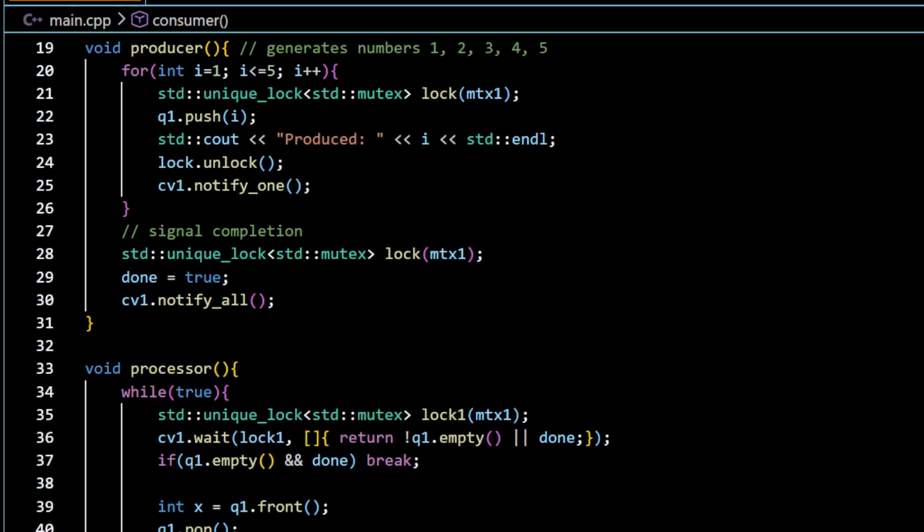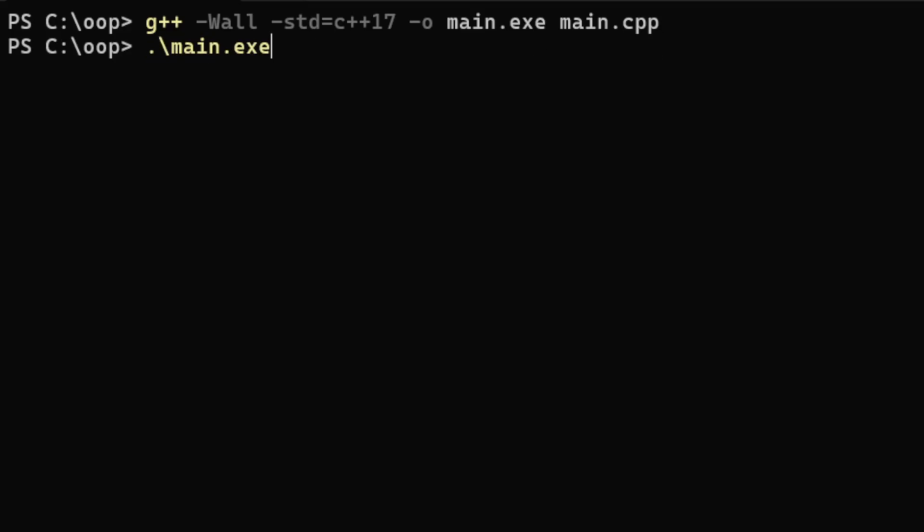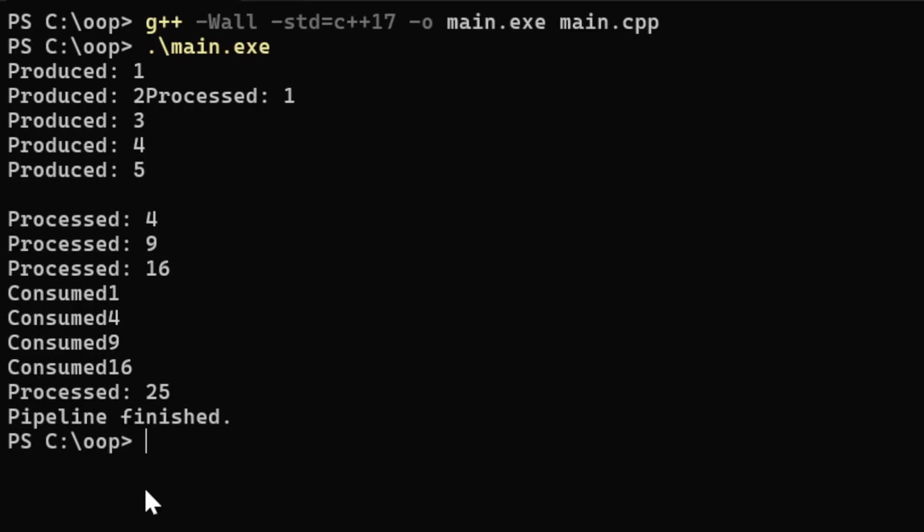So in the terminal, we have this terminal, compile, so now in the output you can see it is produced. First it produced and second produced and then processed. It is not waiting for all to be produced. Processing started in the beginning and processed 1, right, and then processed 4, 9, 16, and consumed, and then